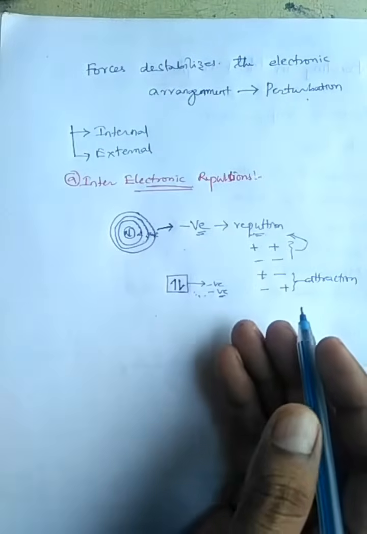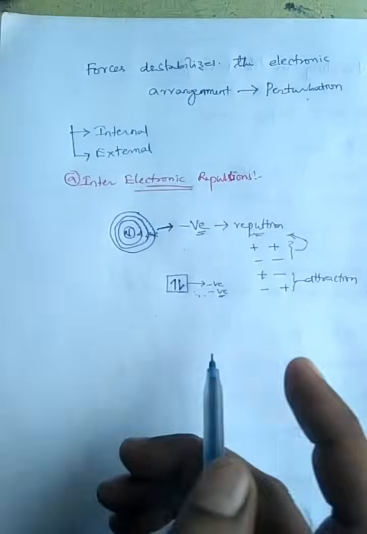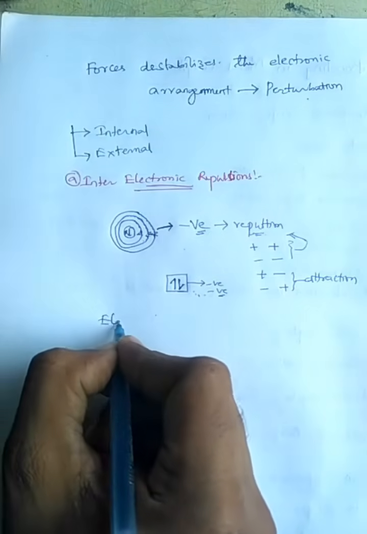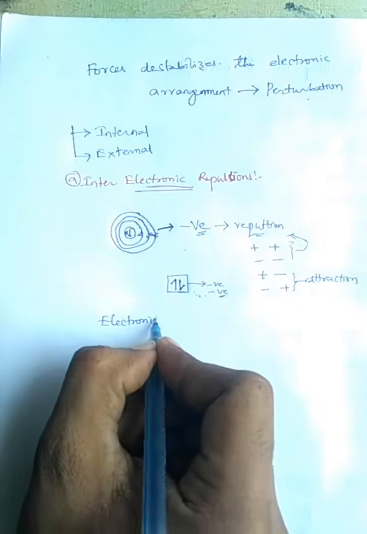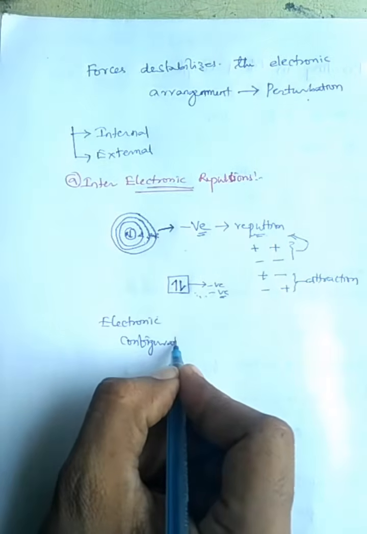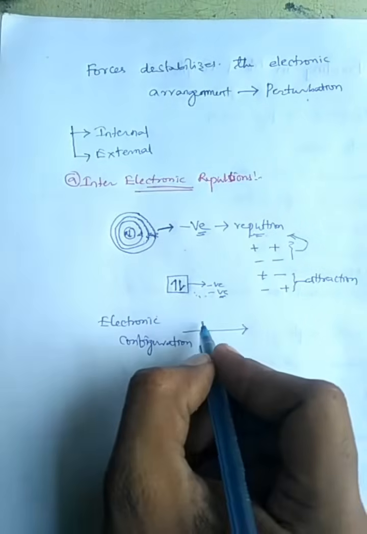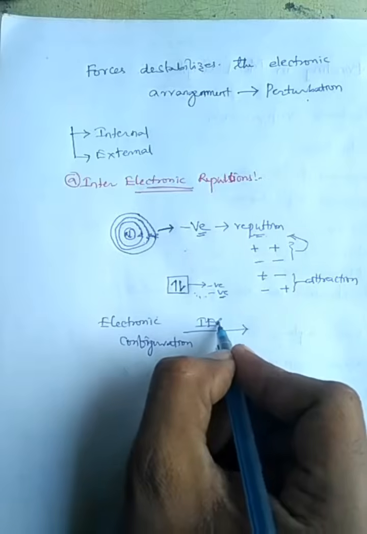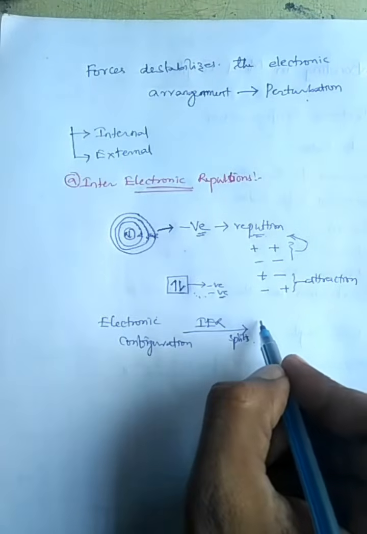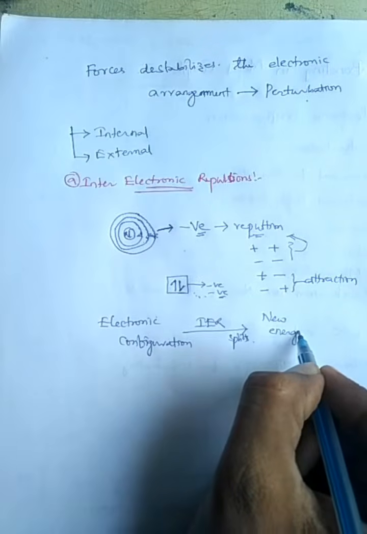With the splitting, new energy states will be generated. So the electronic configuration, when influenced by the inter-electronic repulsion, gets split and generates new energy levels,